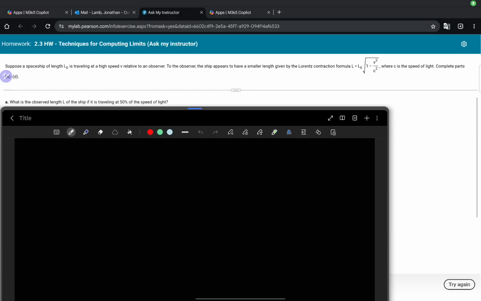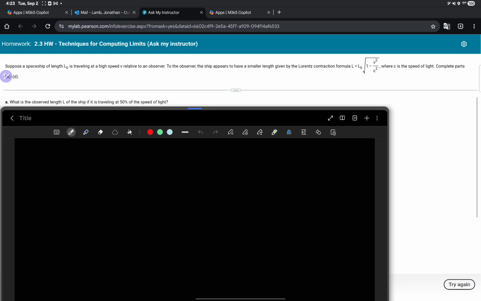Take a look at this problem in section 2.3. This one's trying to expand upon the development of the concept of a limit using an application problem. It says, suppose a spaceship of length L is traveling at high speed v relative to an observer. To the observer, the ship appears to have a smaller length given by the Lorentz contraction formula, where we know,